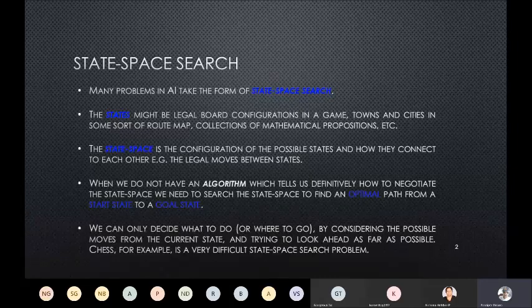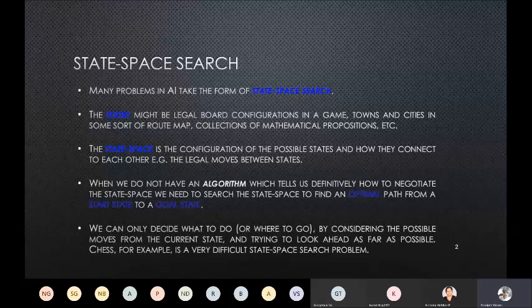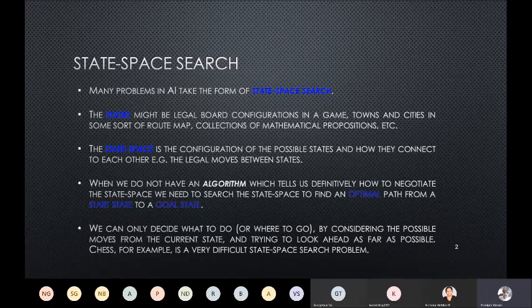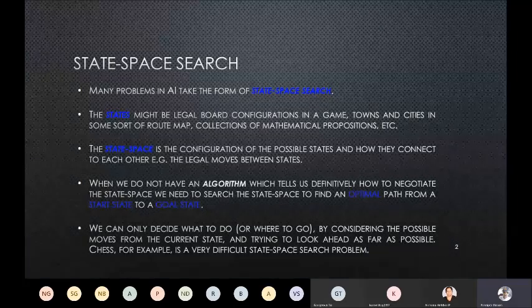So in some smaller problems, we will see that we can define all possible states, but in many practical problems, as we will see in both case studies or if we think about the game of chess, many times we cannot define all possible states because there are too many states. So at that time we look at a particular portion of the state space, and that's how the name state space came. It is as if our universe is a very big space, and we only look at a certain portion of the overall space.